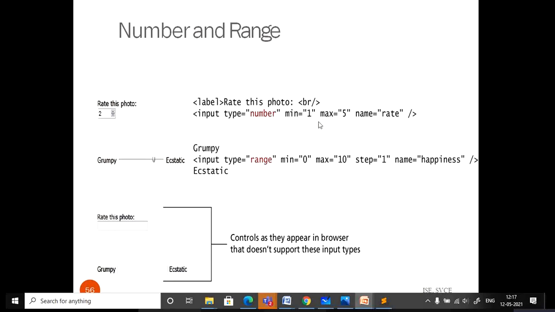So you can give the range for number 1 to 5 or any number, whatever you want, 1 to 10, and you can give the name of this button. It is rate. Similarly, we can give using this range 0 to 10 and with a step of 1, or you can specify anything.